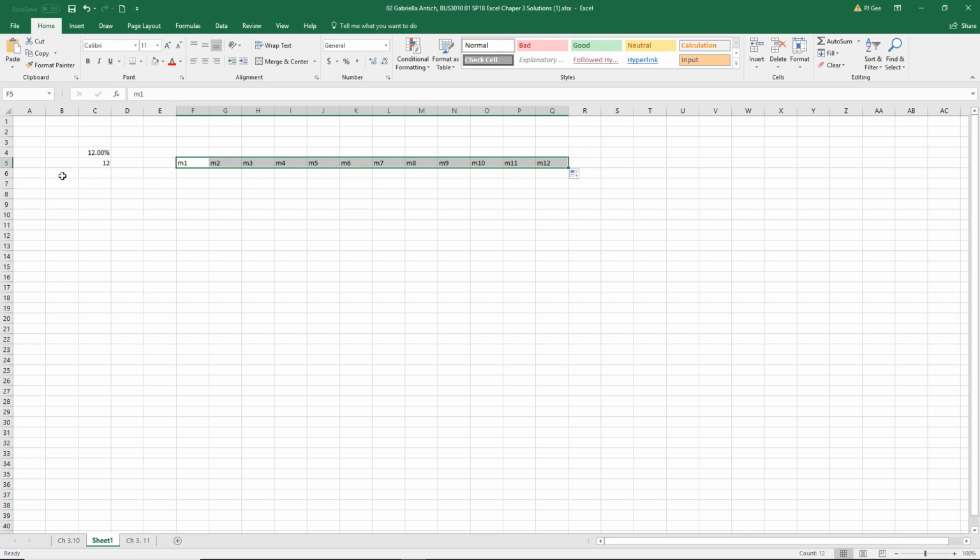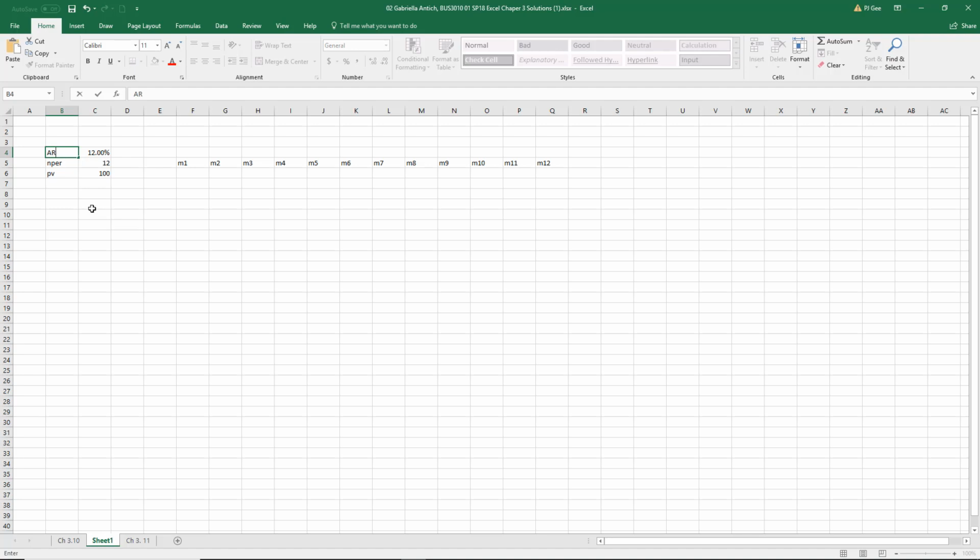Okay, and let's run that equation in here. So our present value that we started with is going to be 100. This is the number of periods, and this is the discount rate, the annual rate. That's the annual rate, so we have to remember to do something with that. So if we want to calculate that at any month,